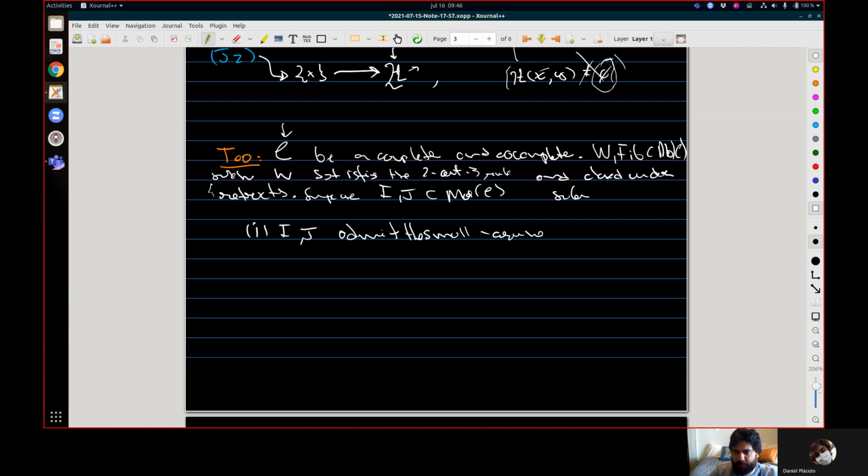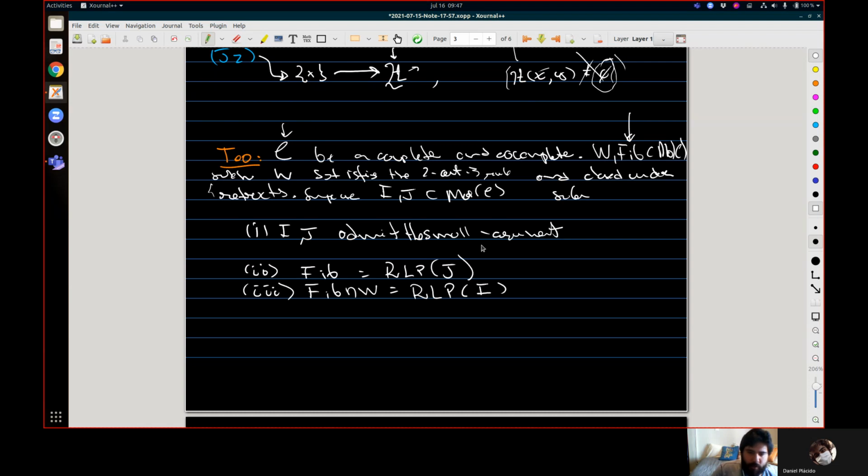I will talk about what this means. 2. We have that fibrations, remembering that this is a distinguished class here, equal the right lifting property of J. 3. Acyclic fibrations equal the right lifting property of I, and that cofibrations